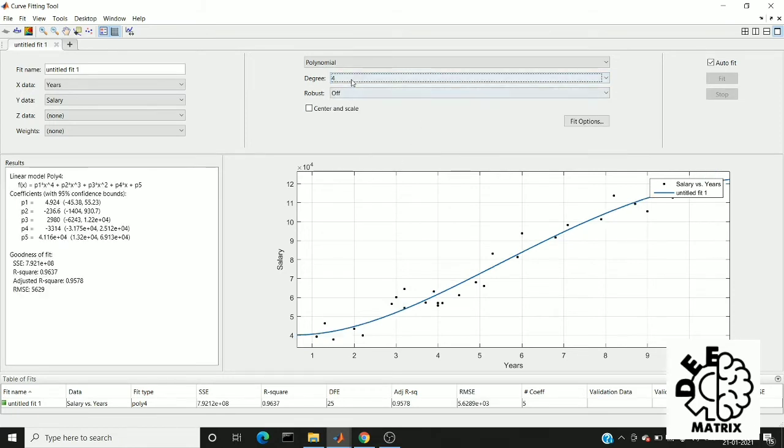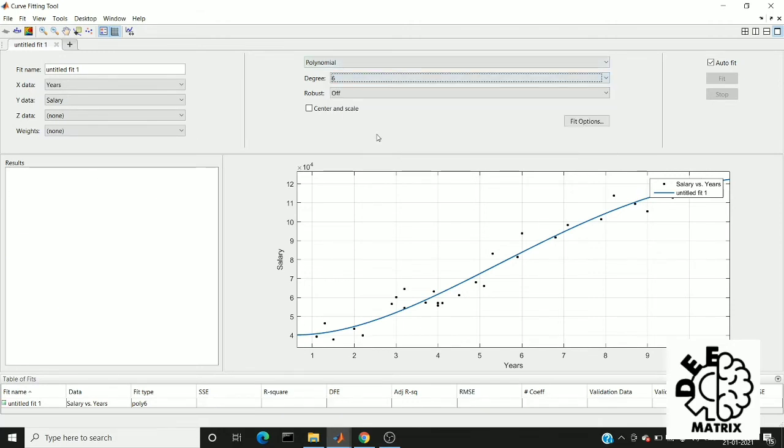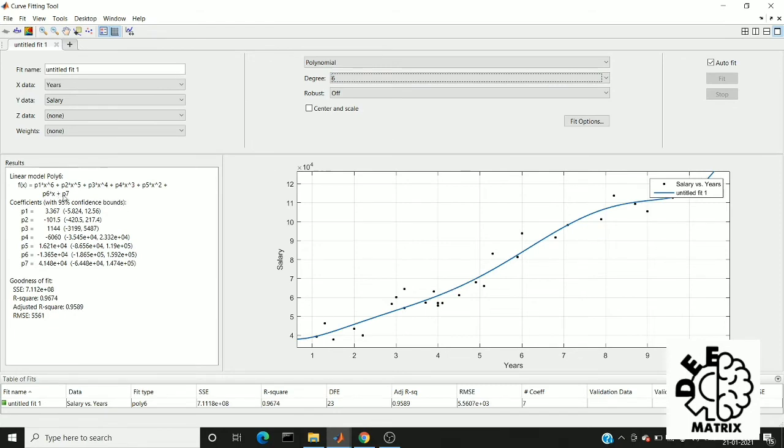Now we can see that while increasing the degree, the straight line starts bending. This is because the formula now contains a polynomial of power 4. Here you can see p1 times x power 4. This p1, p2, p3, p4 are all derived from the single variable years. We have a separate formula to extrapolate the single variable into four columns. I can also change the degree to 6. Now I have 6 variables plus 1 intercept, and these are the corresponding values.